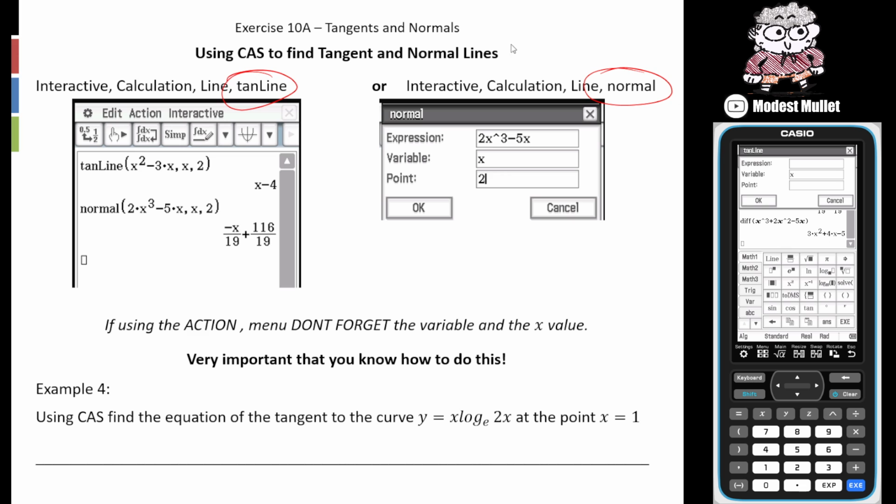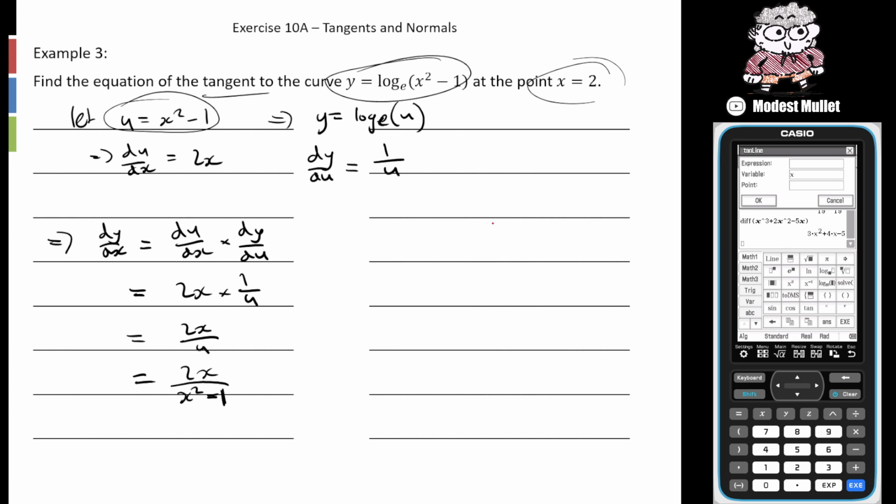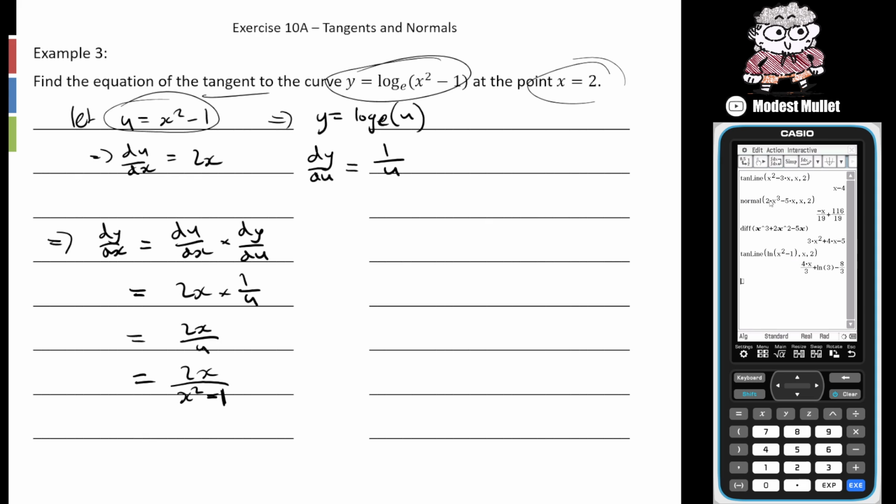We can do tan line, and I'm going to go back to this one here to double check. So my original expression was log natural, or log to the base e of, I need to put the x in, x squared minus 1. The variable that this equation has is x. Bracket button there. And what was the point we were asked to find? Well, it was at x is equal to 2, and we just hit OK,